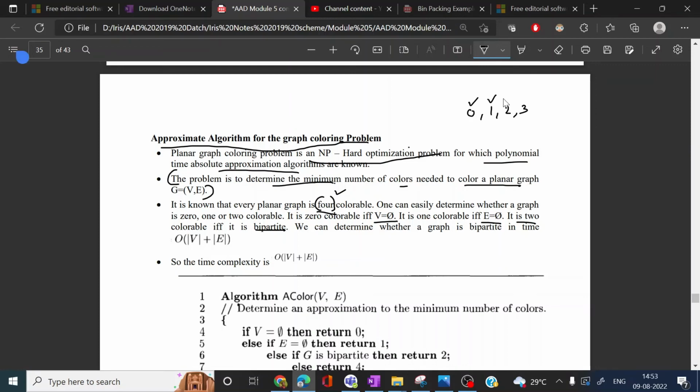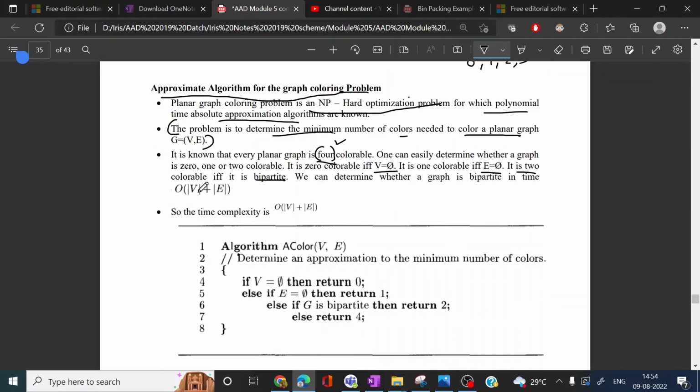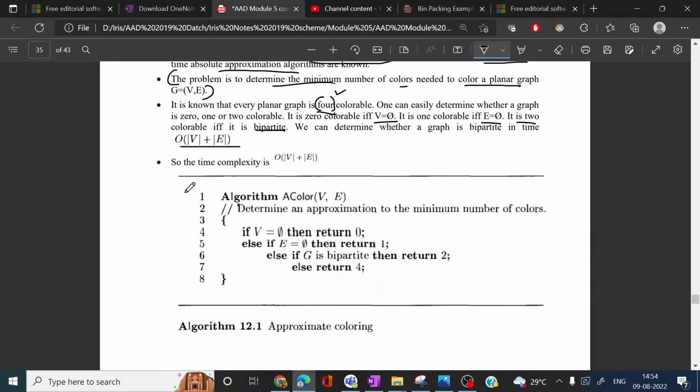So we can check whether a graph is bipartite in time O of V plus E. It's a polynomial time complexity. So we can write the approximate algorithm like this: algorithm approximate color, V comma E. This algorithm determines an approximation to the minimum number of colors. So if V is a null set, then it returns 0. If E is a null set,